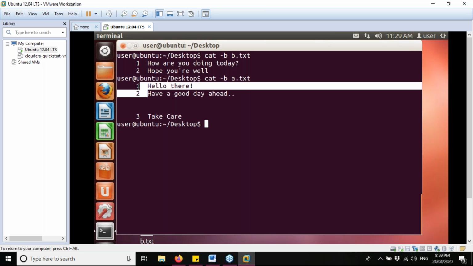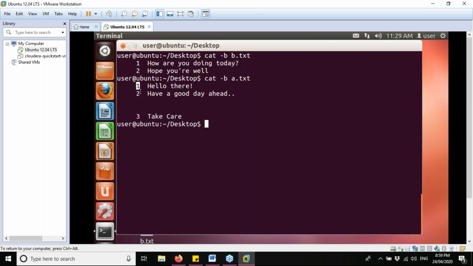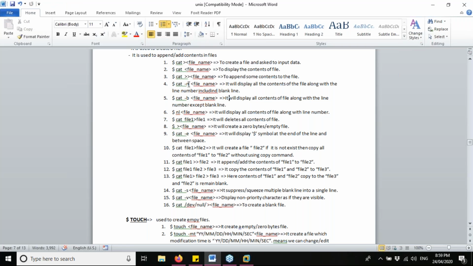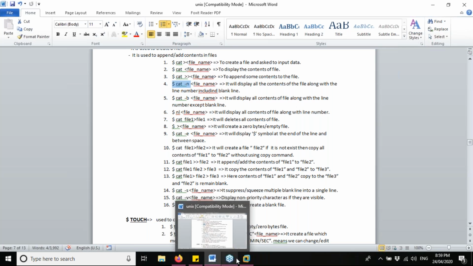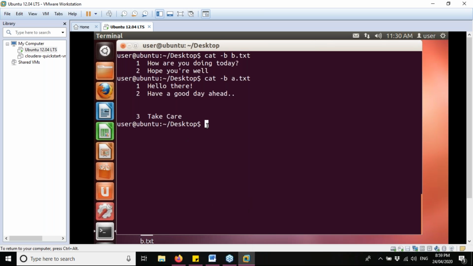So see, here it's 1, then 2, then here it's 3. But with this command, cat space hyphen n followed by the file name, we had seen even the blank lines got numbered.